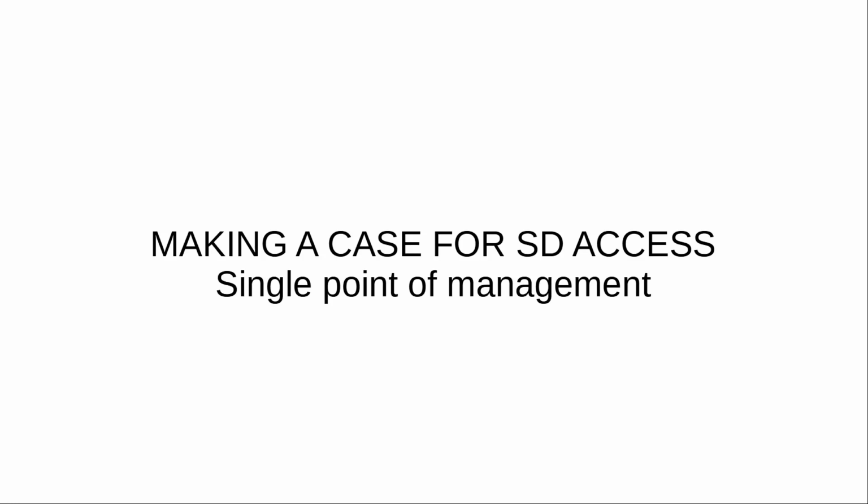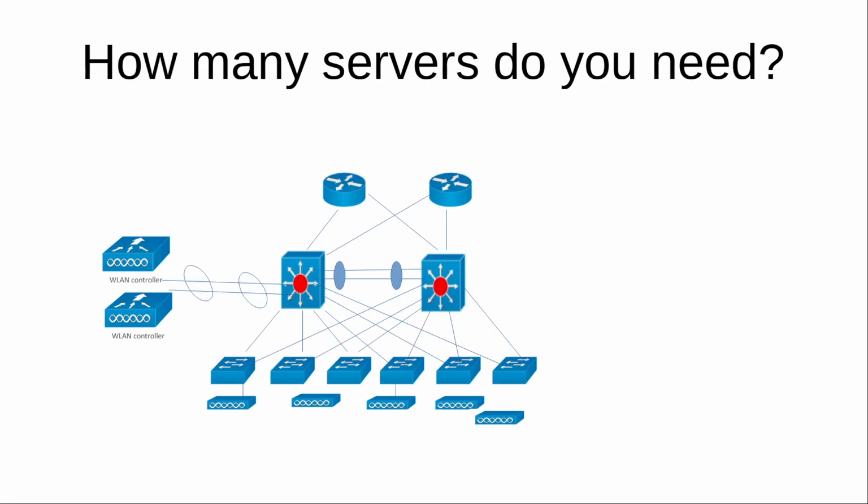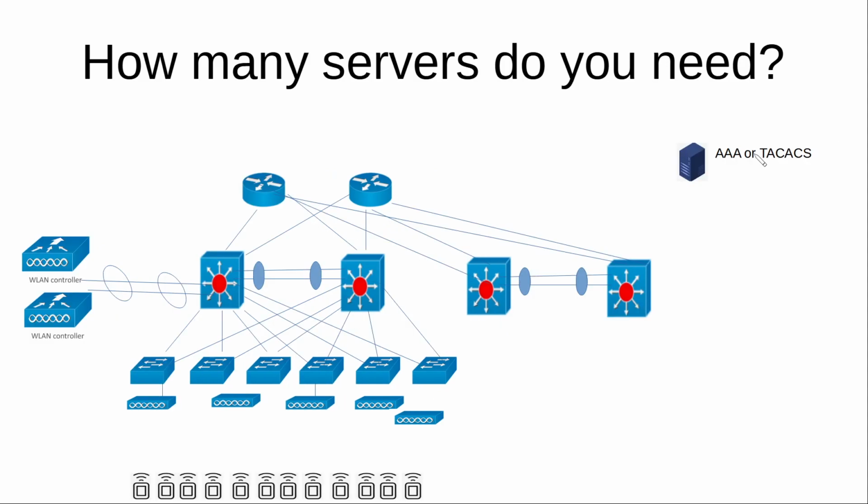Let's keep talking about what are the Cisco SD-Access advantages over traditional networks. In this case, I'm going to focus on the single point of management. How many servers do you need in order to operate a traditional network? You need, for instance, a AAA server in order to perform some sort of network access control at your access